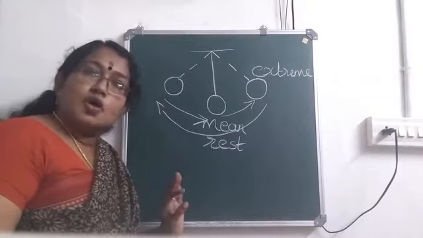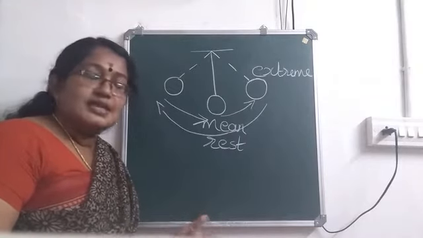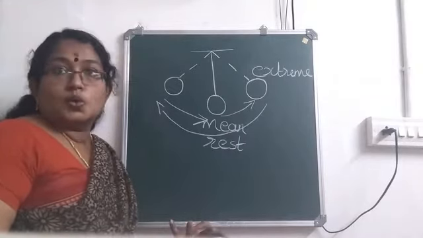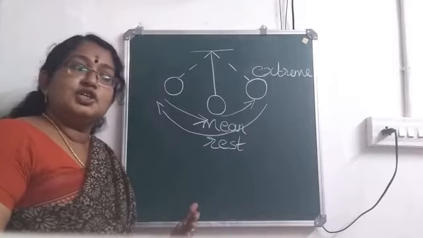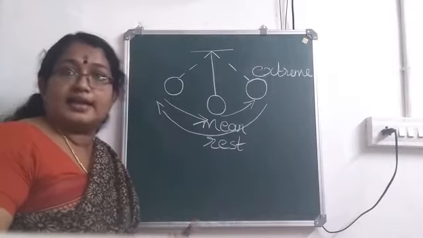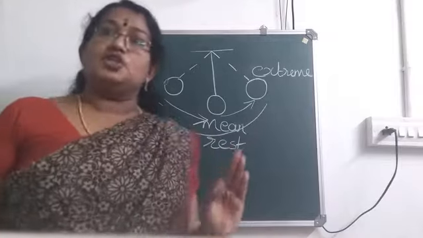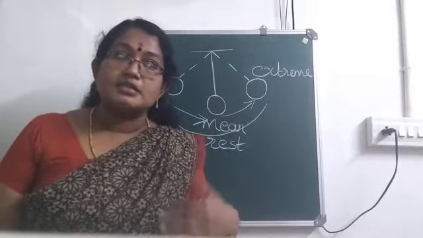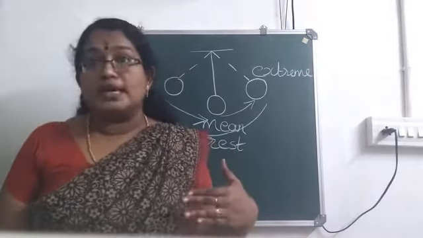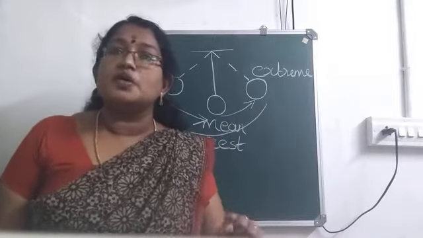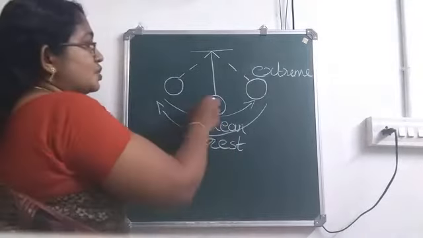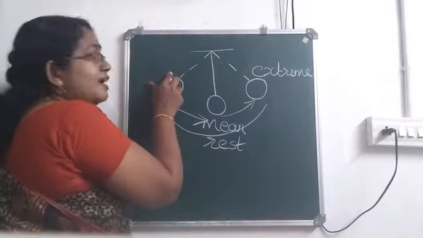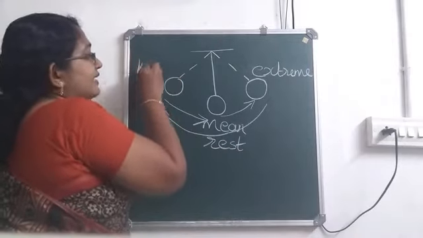Since it is not moving, will it possess kinetic energy? No, isn't it? Kinetic energy means half mv square, and kinetic energy depends on the mass and speed or velocity of the body. If the body is moving, then only it possesses kinetic energy. So if I am holding the bob here, what about the kinetic energy?